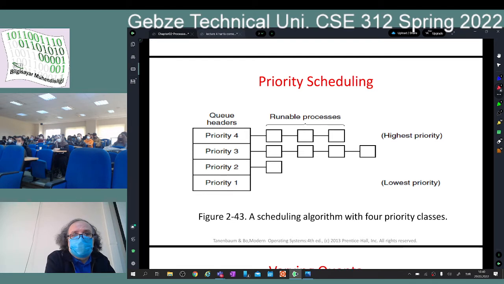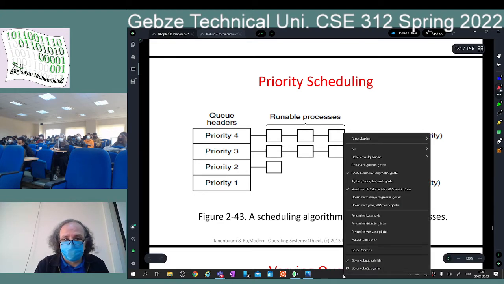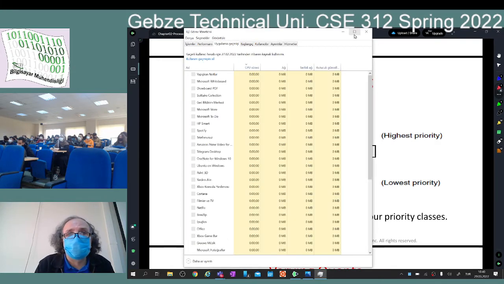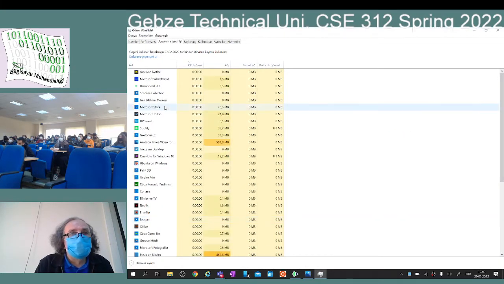Yesterday somebody asked a question, where do we keep all that stuff? I mean, how much CPU I use, how much system resource I am using. Of course, it is in the process table. That's why the design of the process table, and the processing of the process table, is something important. Kernel keeps using it, especially for the scheduling. At the process table, you have many things, and I'm going to show you this task manager again to show you what kind of things I keep in my process table.